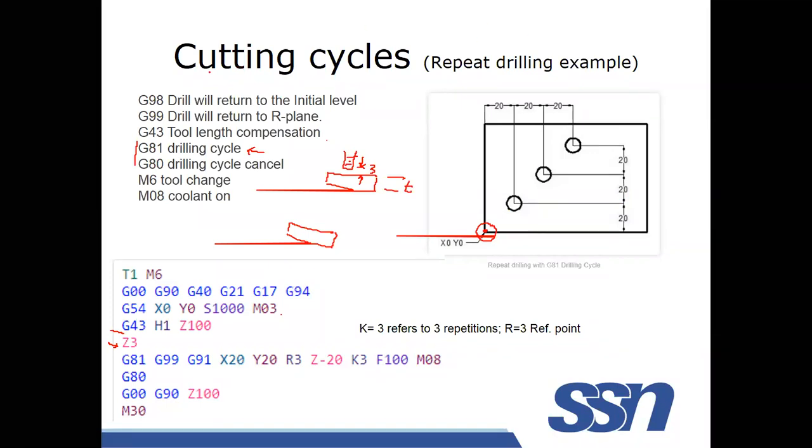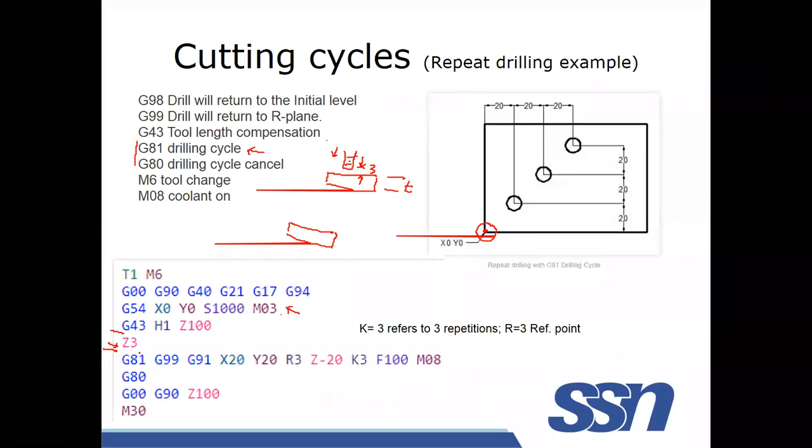Here this is the reference point. The initial condition G54 is the work offset. Work offset means we are setting this particular point as origin 0, 0. Zero in the sense that the drill bit will come down and be kept at a distance of 3 mm from the surface. Up to this point it is very standard. Let us discuss how the cutting cycle works.